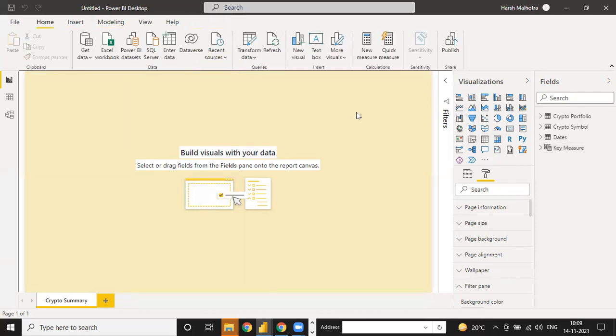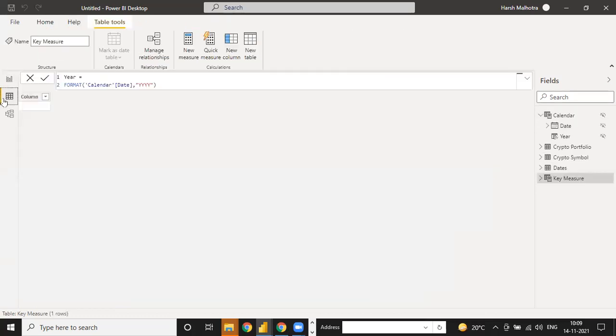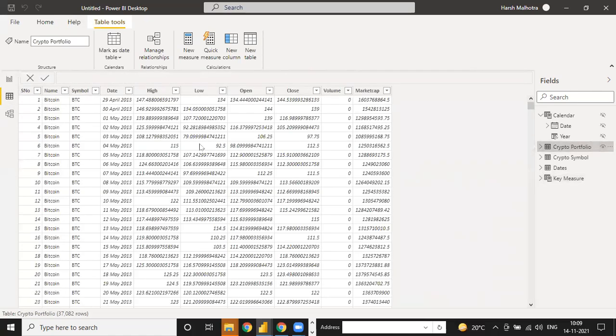So before creating any measure, first I am going to my data, crypto portfolio. This is my main data. Currency wise, serial number, name, Bitcoin name, count. This is my dates, high price, low price, open price, close price, volume, and market cap. So if you have a little bit of market knowledge,